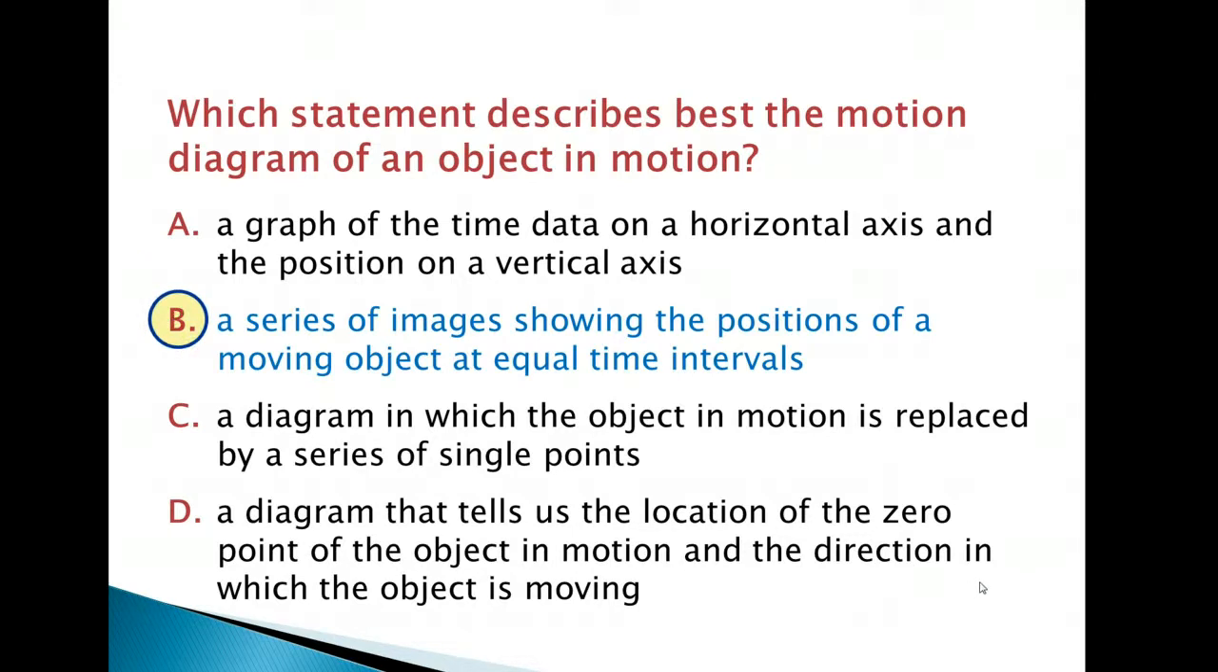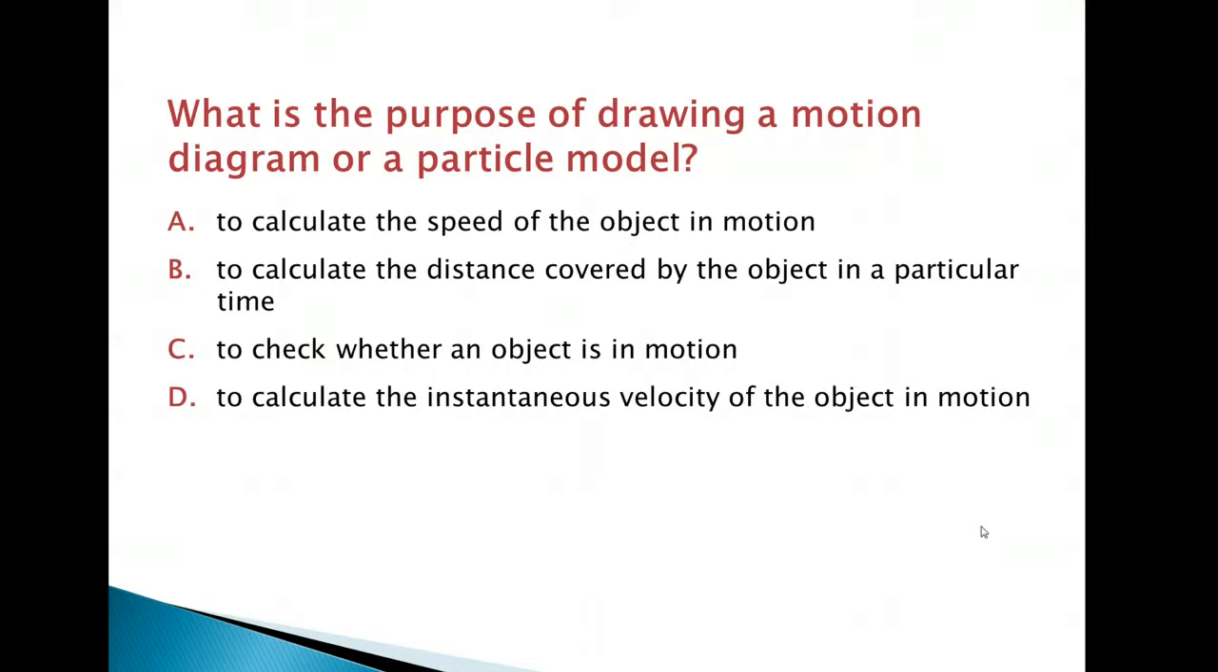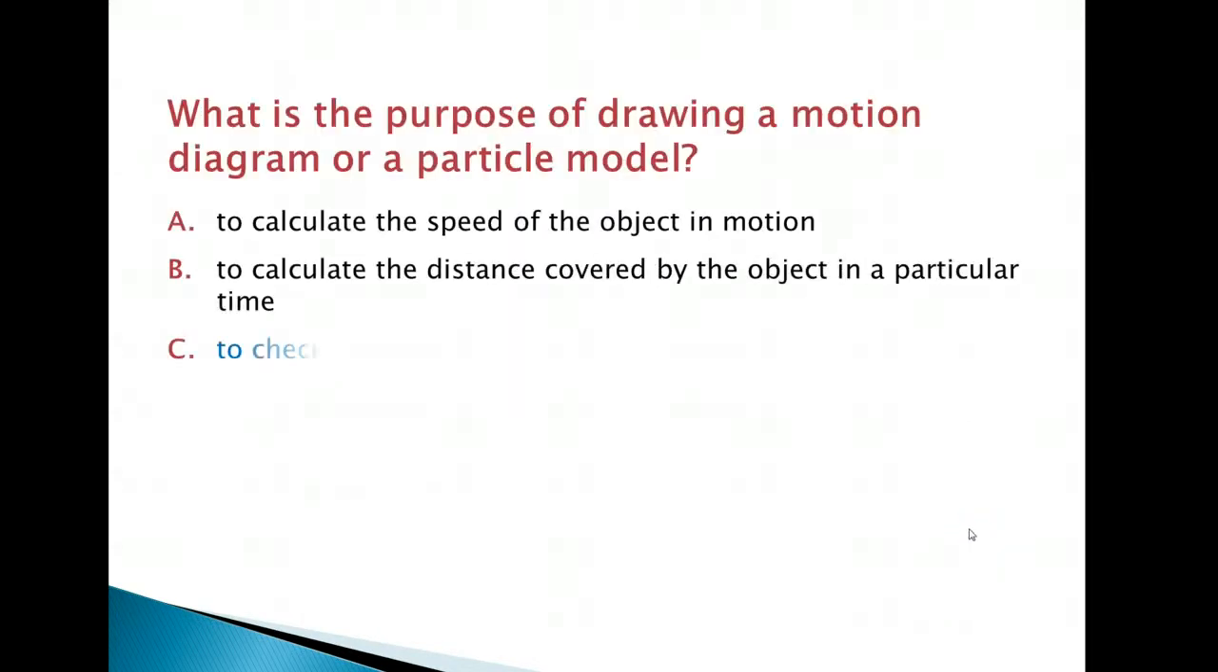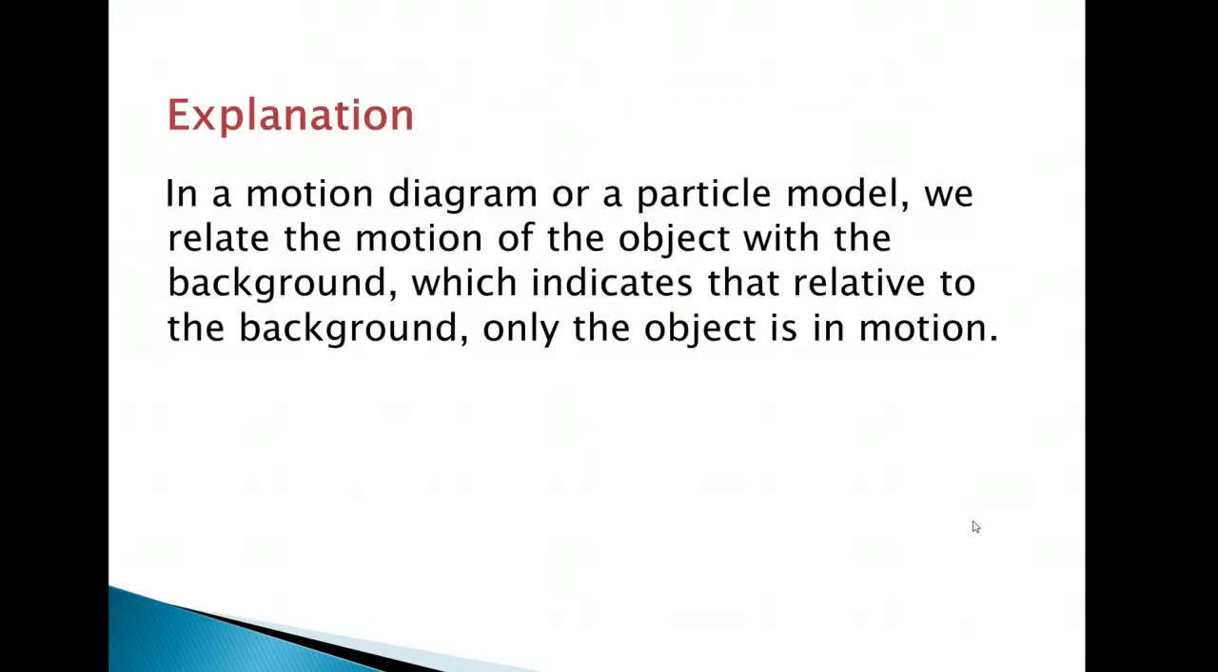The statement that best describes the motion diagram is: it's a series of images showing the positions of a moving object at equal time intervals. The purpose of a motion diagram, take a moment, pause. The purpose of a motion diagram is to check whether an object is in motion. The explanation behind this is, in a motion diagram or particle model, we relate the motion of